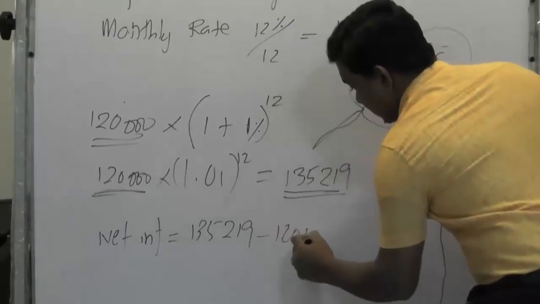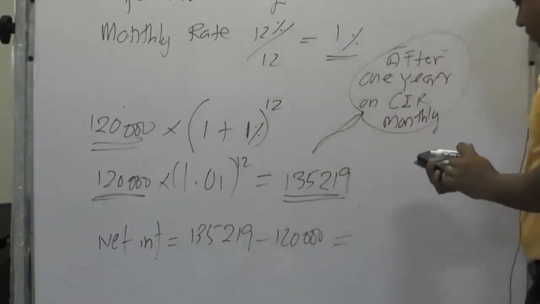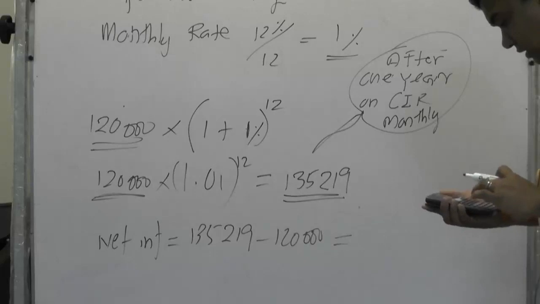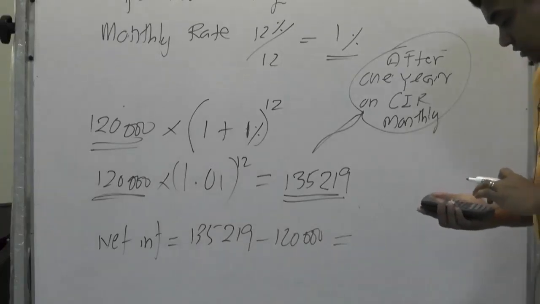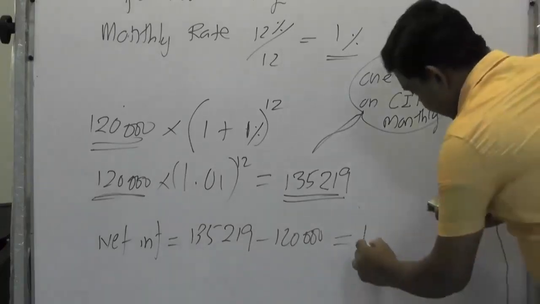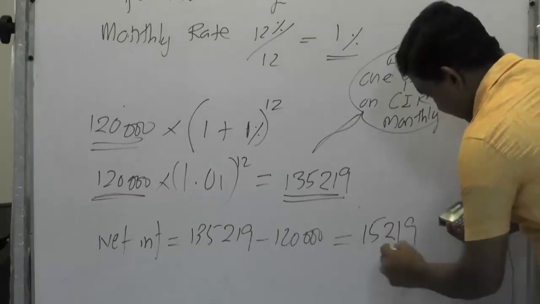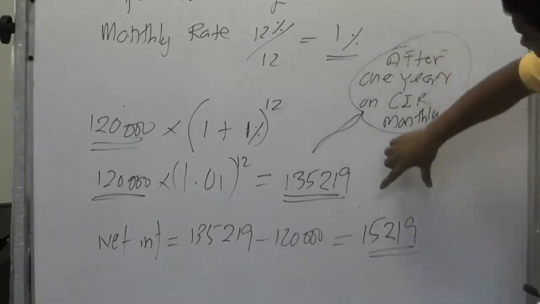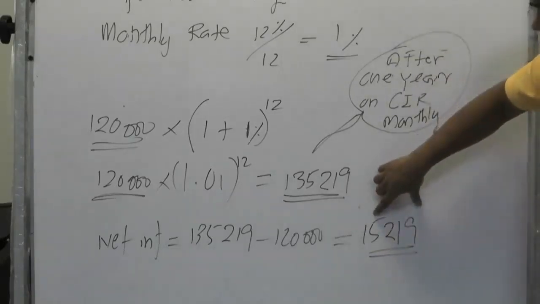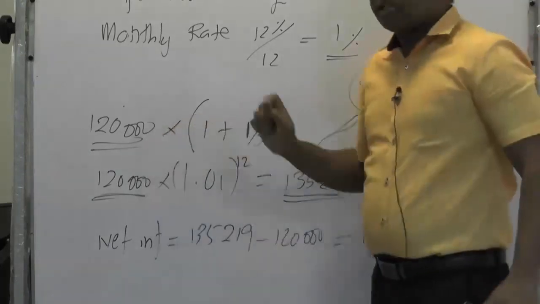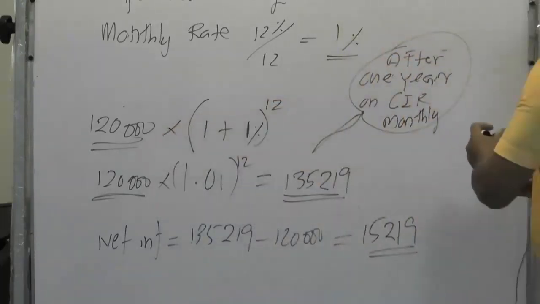135,219 minus 120,000. Therefore, net interest will be, the net interest you have earned 15,219. You have earned this 15,219 on 120,000 per annum. Therefore,